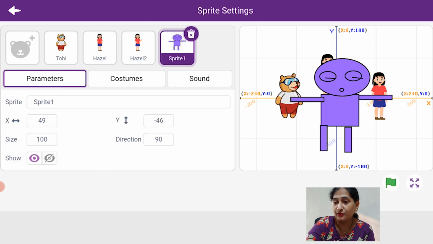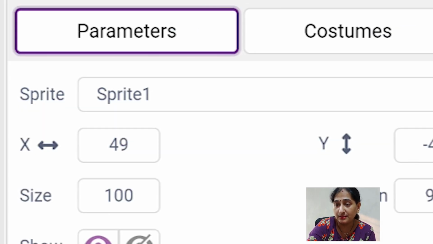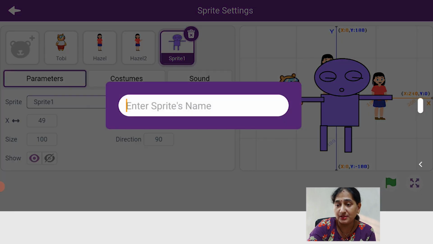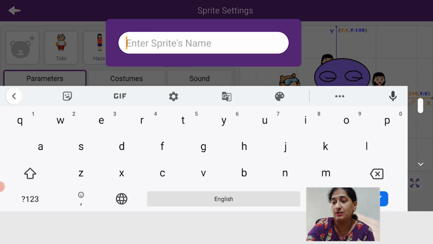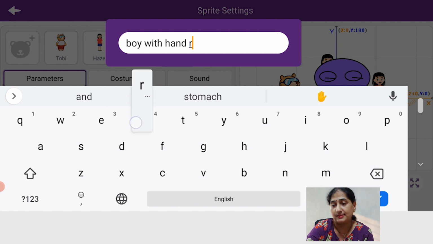If you want to change the name of the sprite, you can change the names right here. See, now this was the first sprite. Go to the parameters, sprite, and the sprite name is given here. Over there you change the name of the sprite. I could say boy with hand raised.